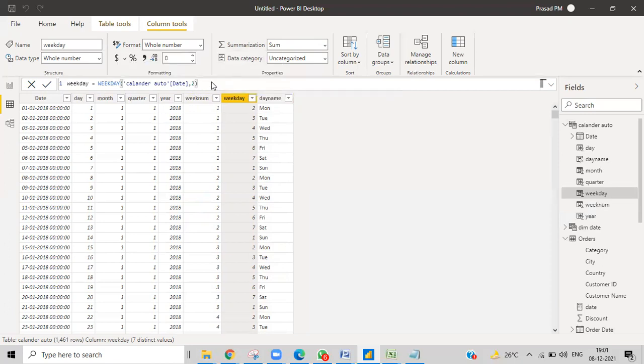It is giving the option to select when you want to start the weekday, whether you want to start with Sunday or Monday. Right now you can see Monday is 1, and obviously Sunday is 7, and we have 7 days a week. Got the point? This is how we do that.